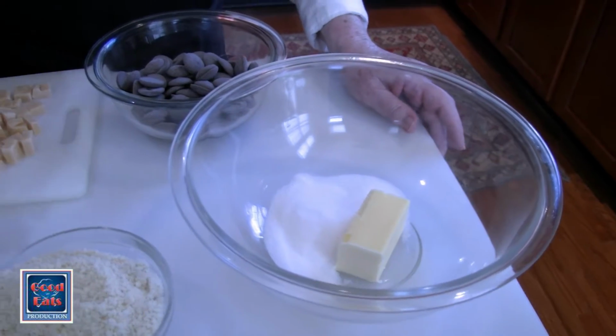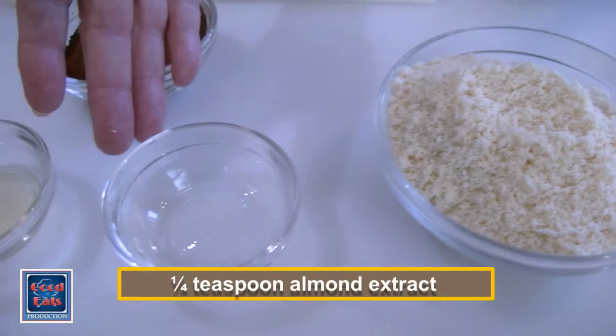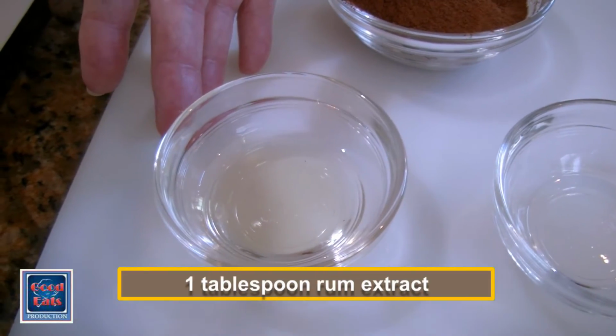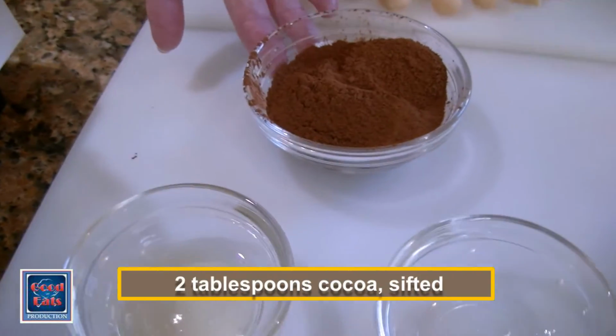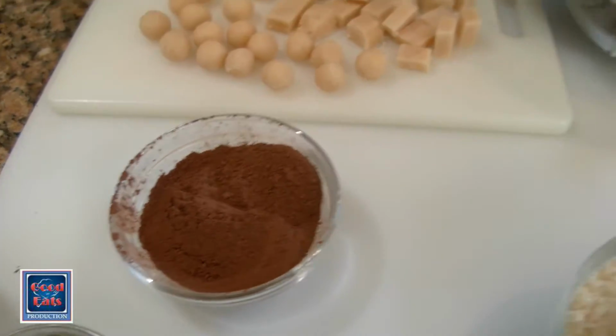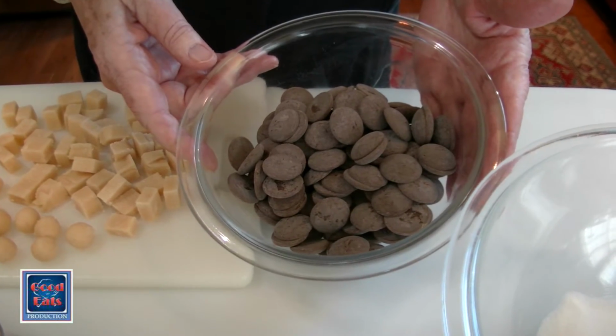We've got 3 ounces of ground almonds, a 1/4 teaspoon of almond flavoring, a tablespoon of rum flavoring, 2 tablespoons of cocoa that I've sifted, and I've got 10 ounces of chocolate ready for melting when I finally dip these cookies. And an extra that I'm adding this year is going to be a little ball of marzipan in the